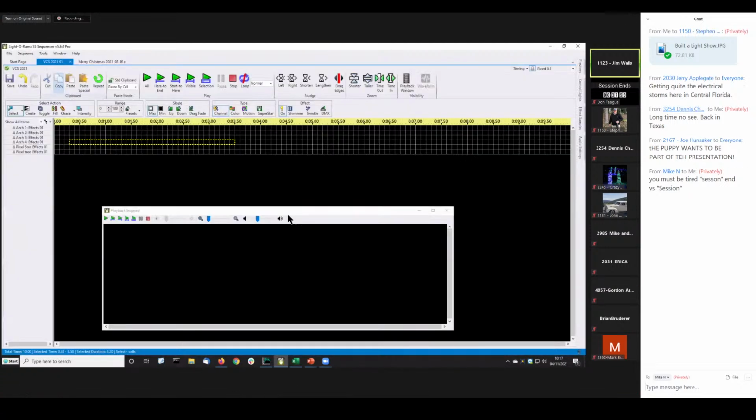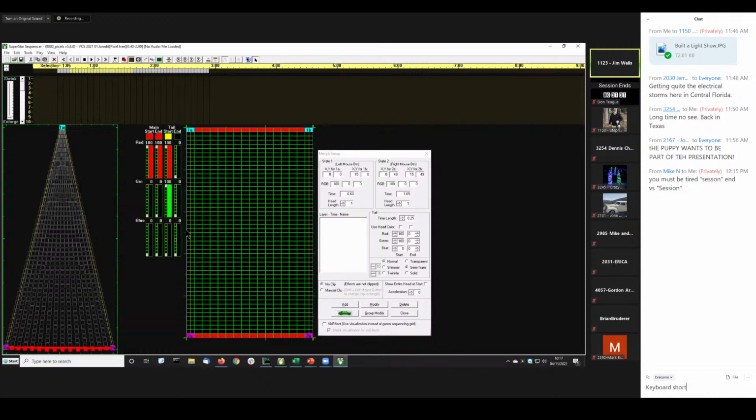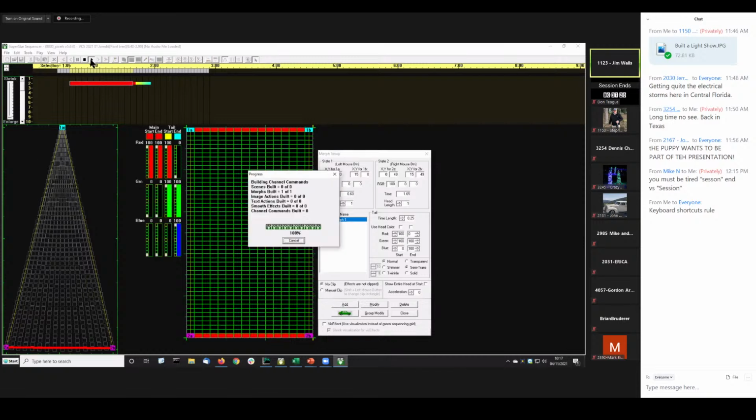Now, what happens if we try to do something with this in Superstar? We're going to start with the pixel tree, for example, and create a little segment here. We're going to do a Shift S because I use keyboard shortcuts most of the time. Superstar comes up. We can create a prop, and we're going to create a simple morph. We add it, and we've got this exciting morph, going from the top of the tree to the bottom of the tree. And if we play it, it looks like